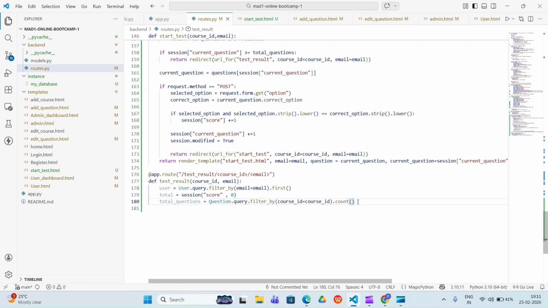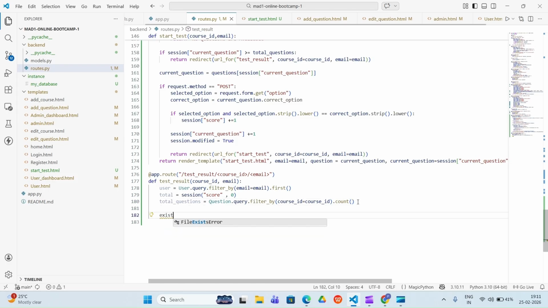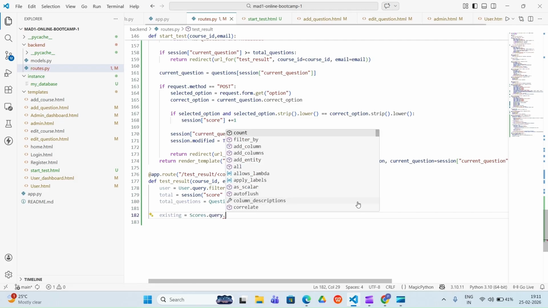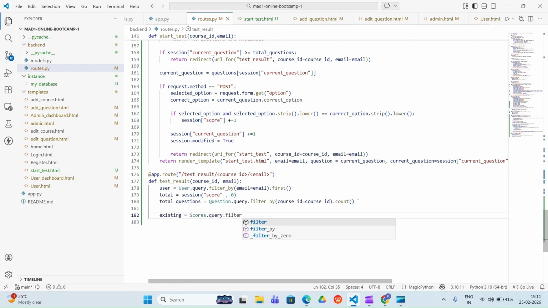Now next, we'll see whether there is any score for that particular user or not. If the score is there, then we will just get out that score. So we'll write scores.query.filter by user id and course id.